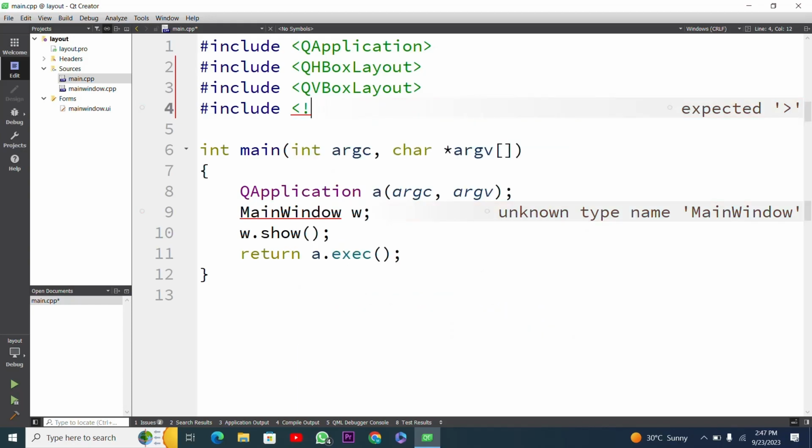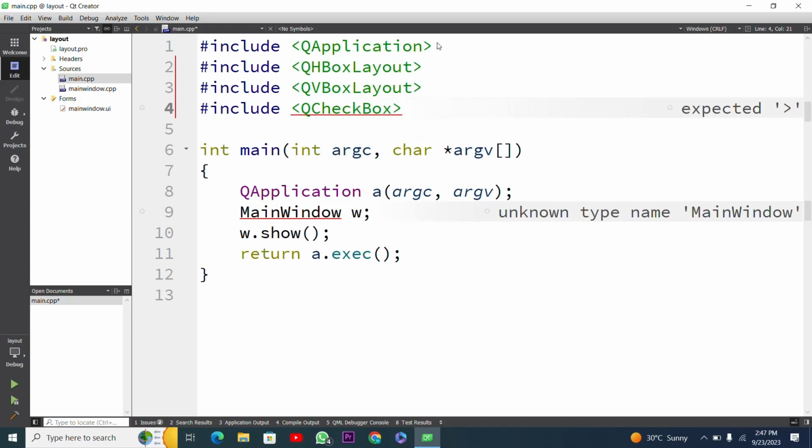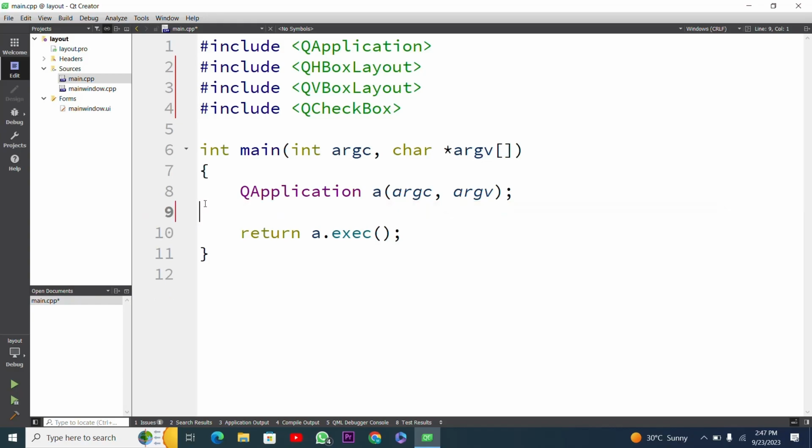QCheckBox. I will select from options, and now I will remove these two statements that relate to mainwindow.h file. So I will remove these two statements, and I will create my own window, and so I will use